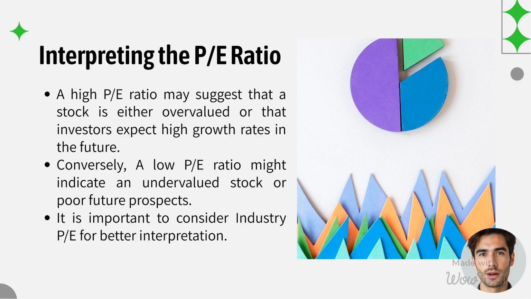A high price to earning ratio may suggest that a stock is overvalued or that investors expect high growth rates in the future. A low price to earning ratio might indicate an undervalued stock or poor future prospects. It is very important to consider the industry price to earning ratio for better interpretation. Always look at the fundamentals of the stock along with its price to earning ratio in comparison to the industry price